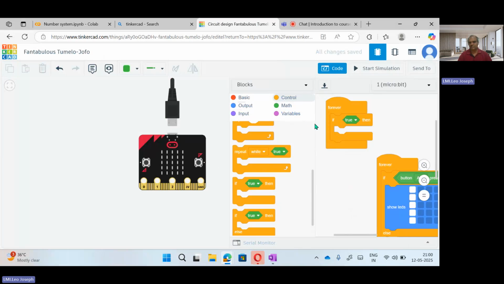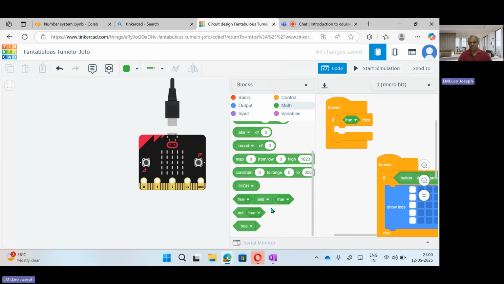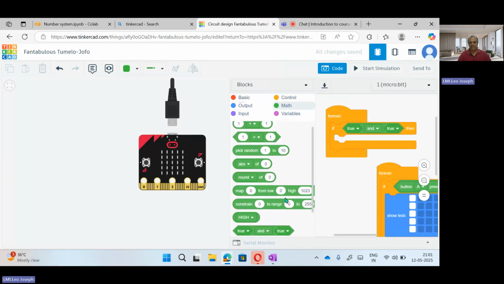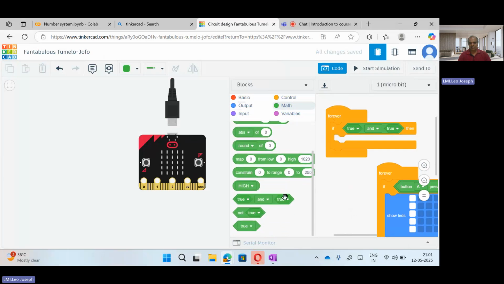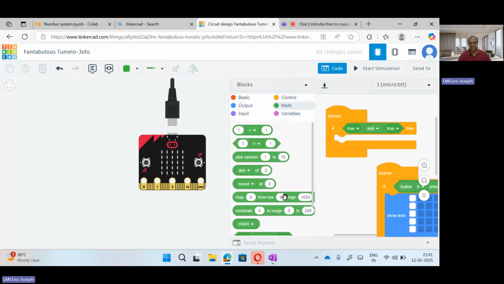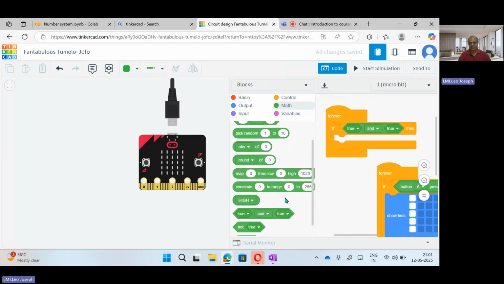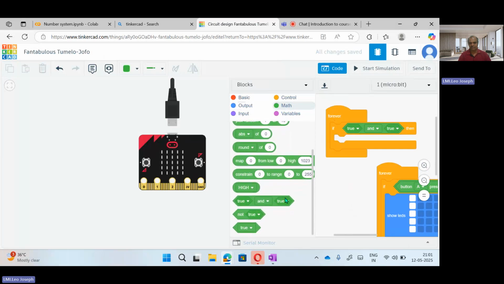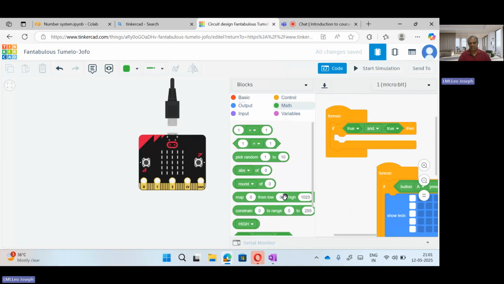So what I am doing is I am going to take this math and here you will have if true, A and B, that you have to select. So I am taking this box out and I am fixing it here in the if true. If button A is pressed, then what happens? So where do you see that button A is pressed? If you see anywhere, you can check that, but